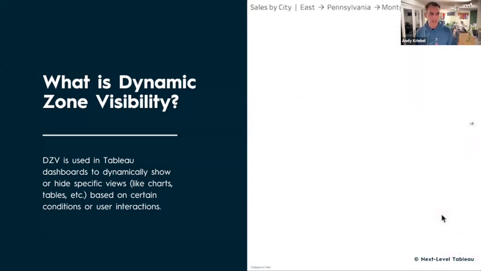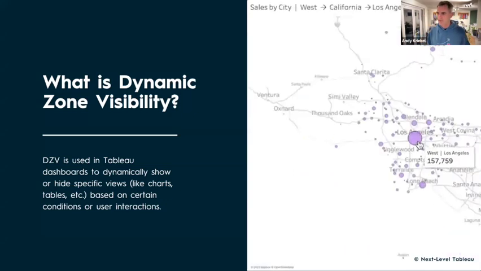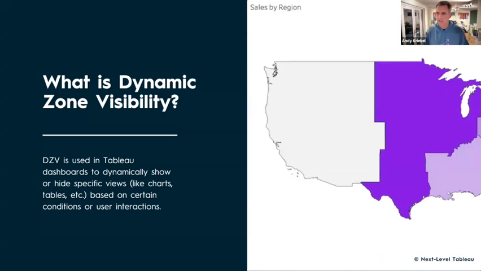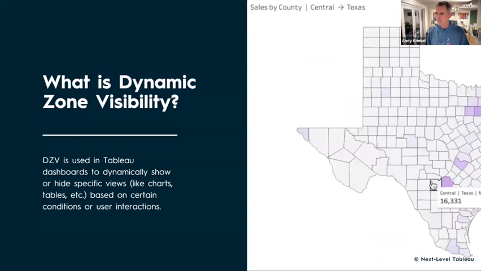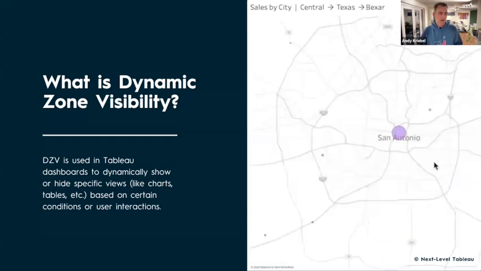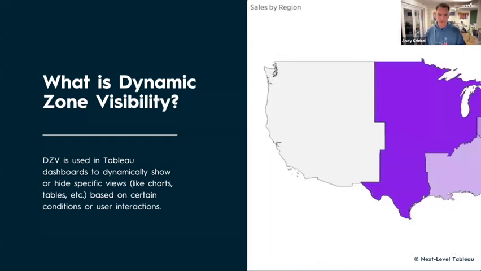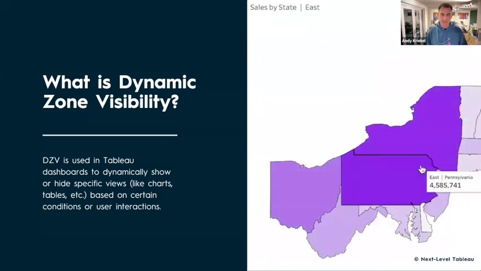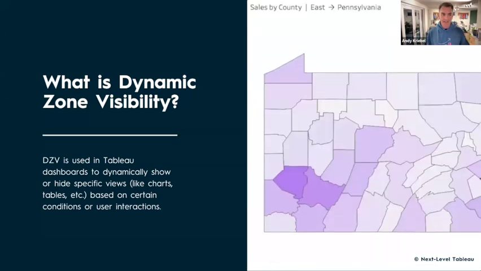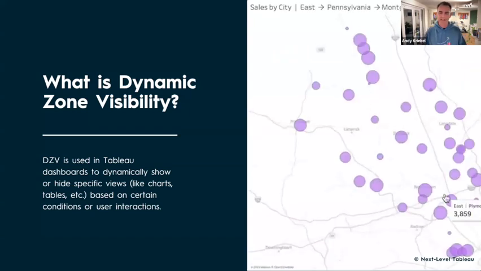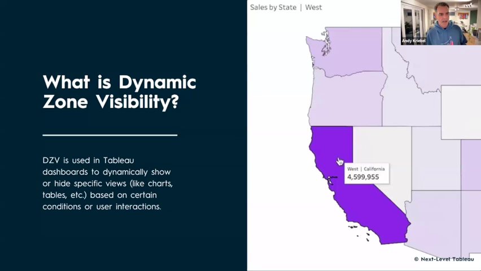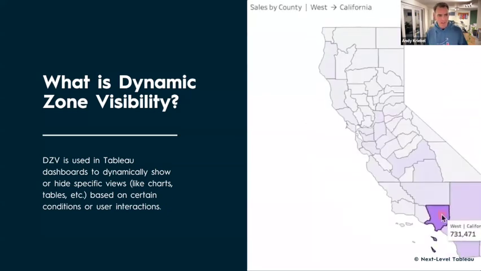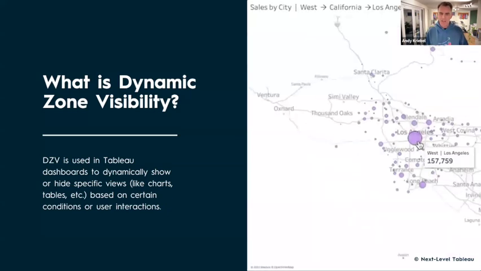I guess it doesn't make sense to start a dynamic zone visibility webinar without actually explaining what dynamic zone visibility is. Does that sound about right to everybody? What it is, it's basically a way for you to dynamically show or hide specific views. Hence the name, dynamic zone visibility, or just think about it as dynamic visibility. Ignore the word zone. You're able to hide and show things dynamically based on interactions or conditions that you make